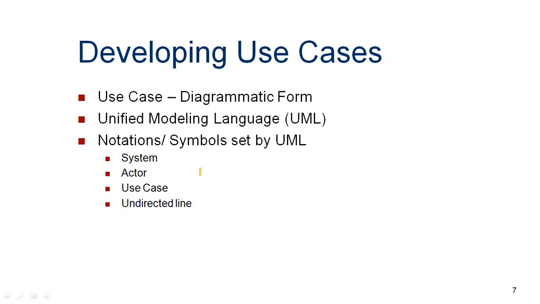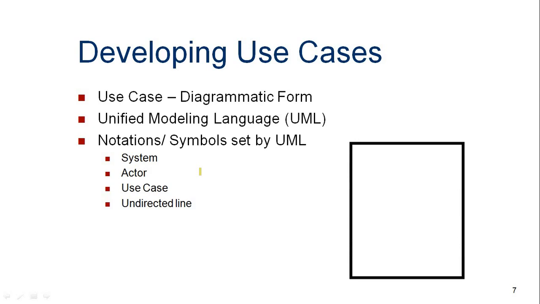So software engineering provides us Unified Modeling Language to represent use cases in diagrammatic form. To define or represent a use case using UML, we have different kinds of symbols or notations. Let us discuss these notations and symbols one by one. First of all, we have a symbol for system to represent a specific use case in diagrammatic form. Like you can see here, this is a symbol of system